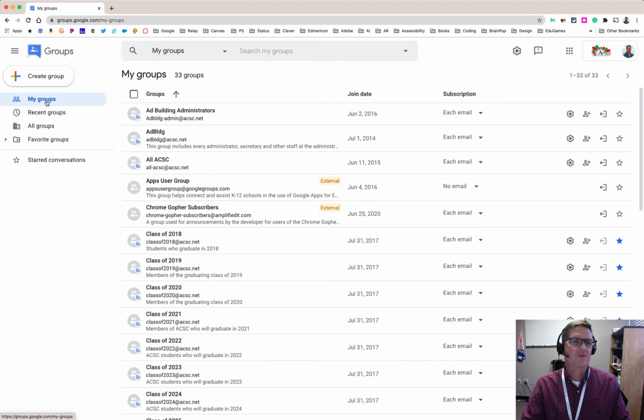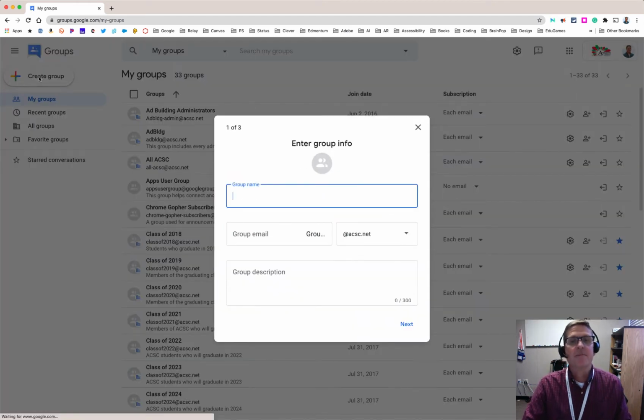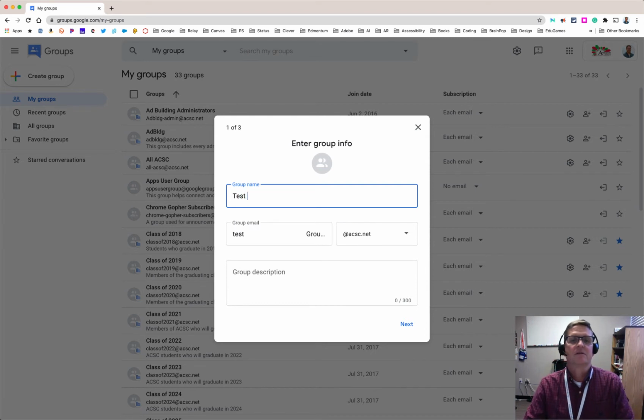I'm going to go back to my groups here to start with, and this again shows you all of my groups. I'm going up here to the Create Group window, or tab I should say. First thing I'm going to do is enter a group name. Now I'm going to call this a test group, but you'll notice down here that as soon as I start typing in a name, it will populate automatically an email address. So let's just call this Test PDQ